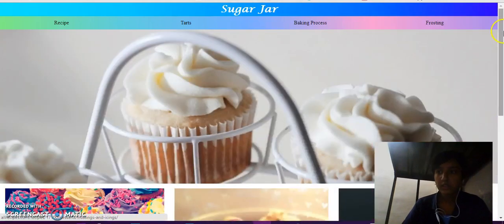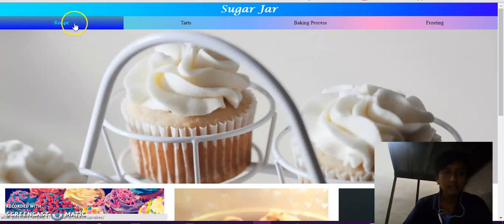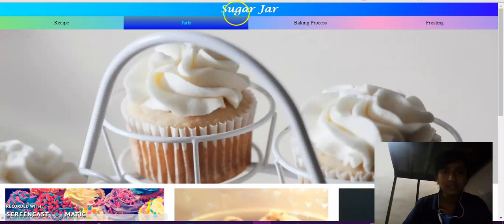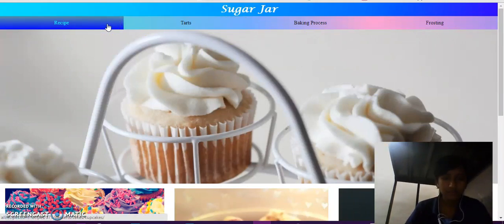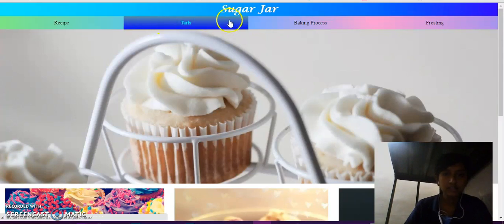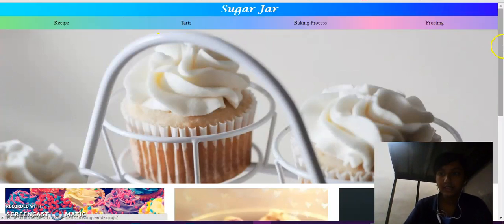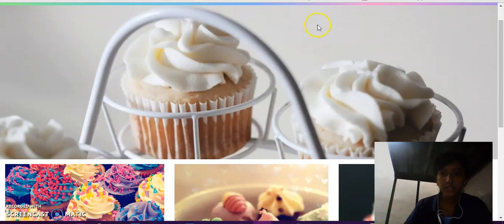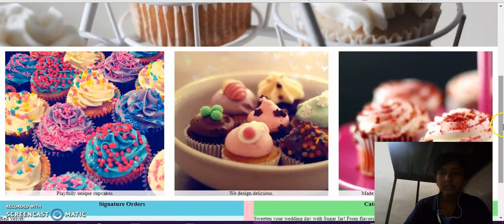yeah, so this is my web page. As you can see, this is the heading, this is a header, and this is a menu where when I hover over the menu, the color changes along with the text size and text color, and these are links, and this is my banner with the image assigned to it, and these are the divisions, that is 1, 2 and 3 divisions that are floating from right to left,